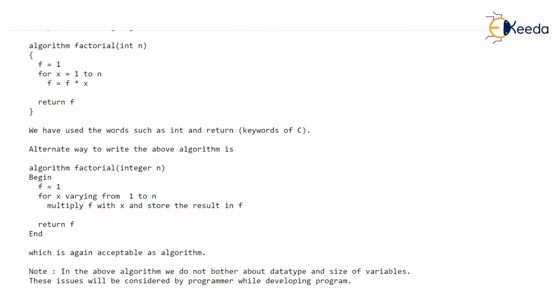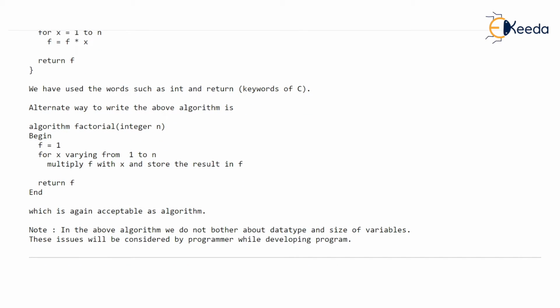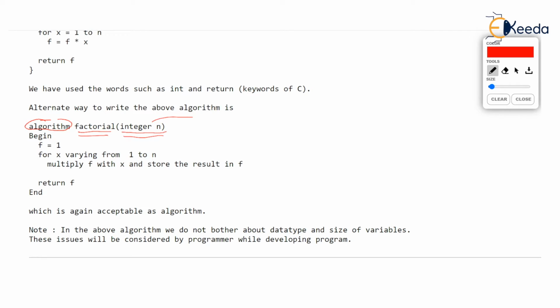I have another way of writing the algorithm. Whatever suits you. Now here I have written the same algorithm called factorial. I have started the algorithm with the word algorithm, and then what follows is the name of the function, and then I have written integer n, instead of int n. Now you may write something like in the bracket here n colon integer. Some authors may write like this. This is Pascal style, which was a very old programming language. So the reader would say, okay, n is an integer.